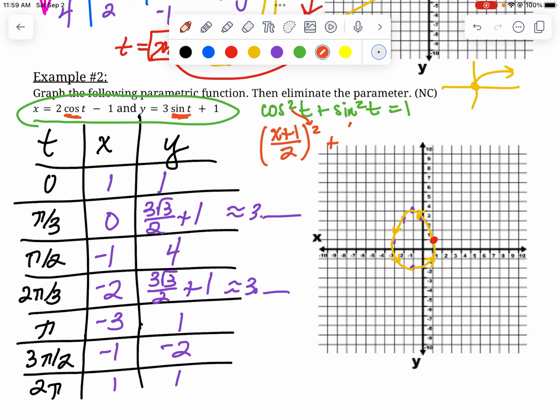Okay, so over here, we've got y minus 1 over 3 squared equals sine squared t. Okay, and hopefully you can see that that is in the format of an ellipse. If you've studied conic sections, remember things about conic sections, right? This is like having the parentheses around x plus 1 squared, and then on the bottom having a 4. The next term is like having y minus 1 quantity squared over a 9, right? And so that's telling you that the center is at -1, 1, and you have one direction that goes out,